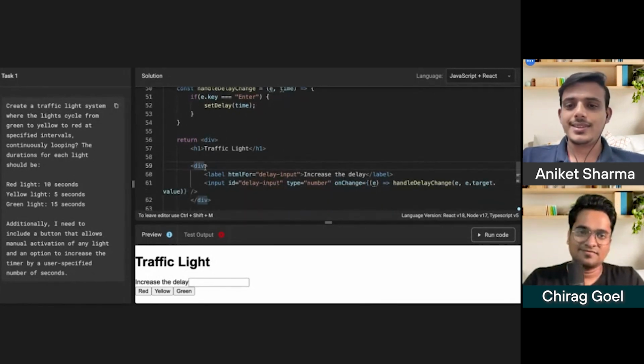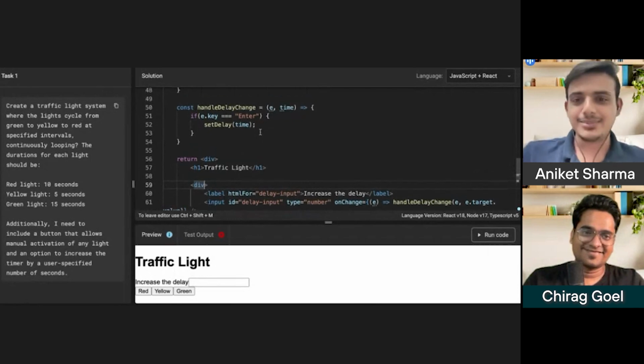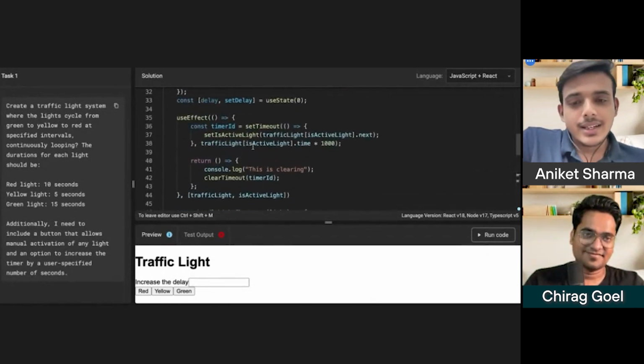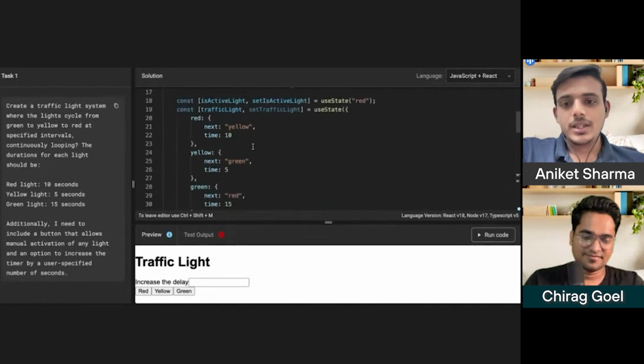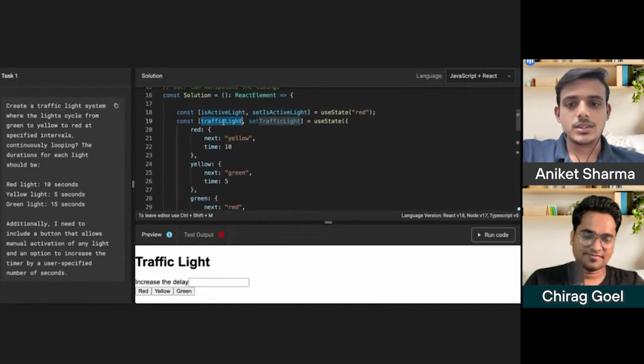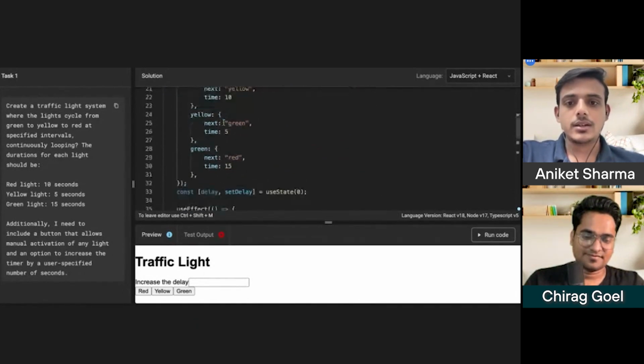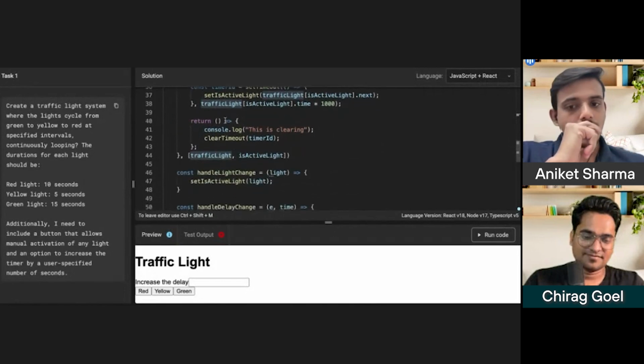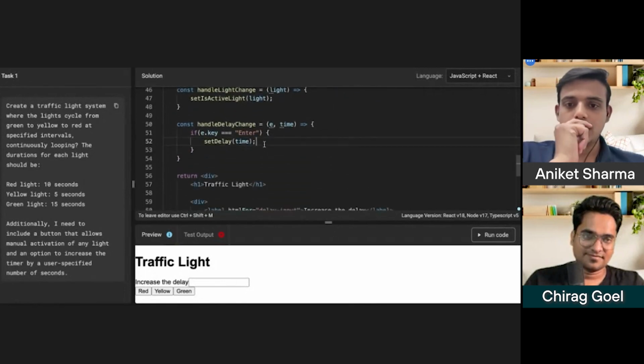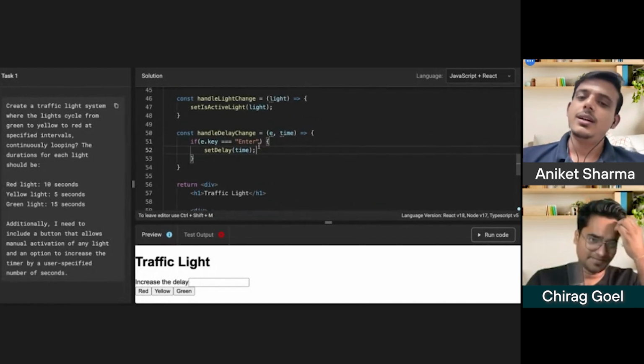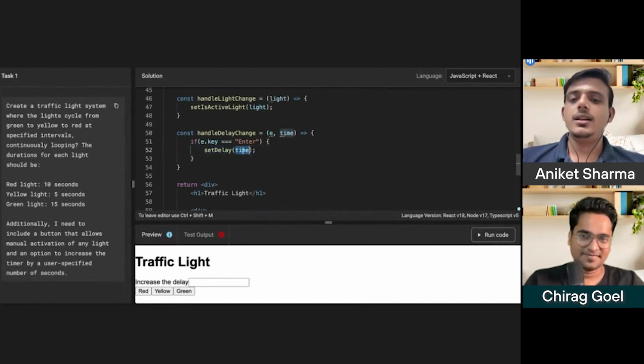Now comes the great part. We need to make sure we don't manipulate this original instance. This should be intact. We already have the active light. So what we can do is, do we really need this set delay?